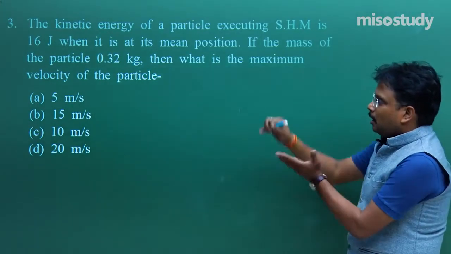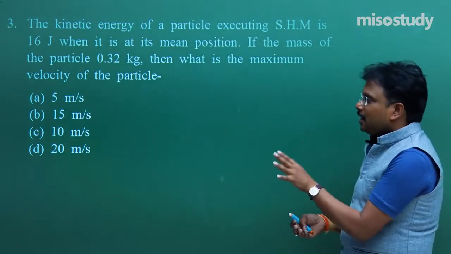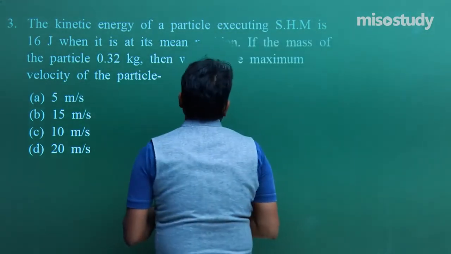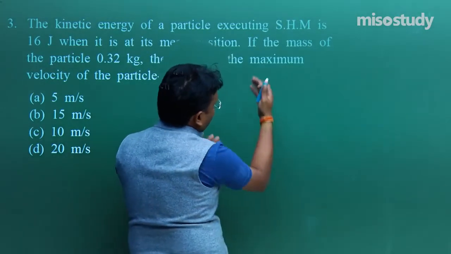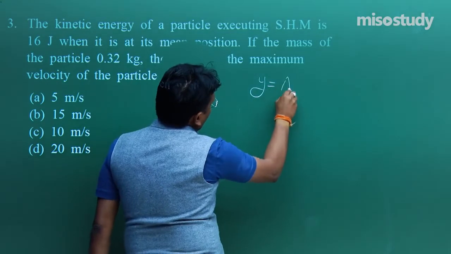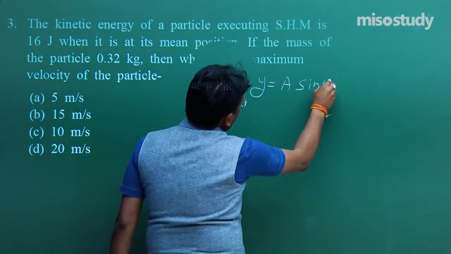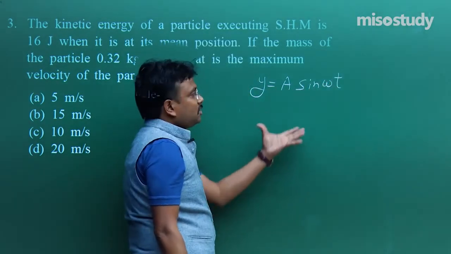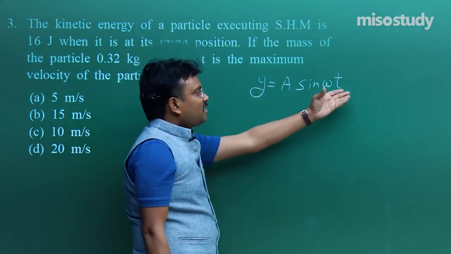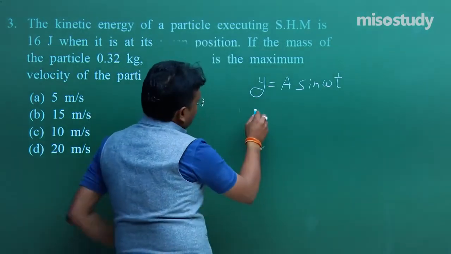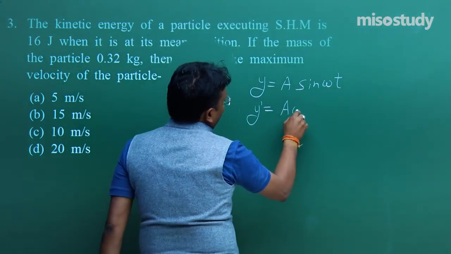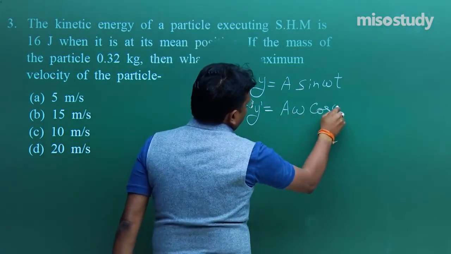Here, apart from this question, definitely I want to mention something. Fine. What exactly is that? I hope the problem is clear to you, and something which I am going to mention, please try to understand. Let's say y is equal to a sin omega t is nothing but your simple harmonic motion equation of a particle. Okay, as such phase difference is nothing. Fine. Y prime is equal to how much? It's a omega cos omega t.